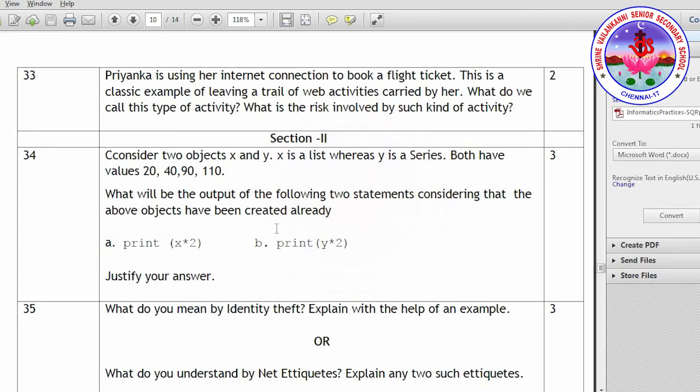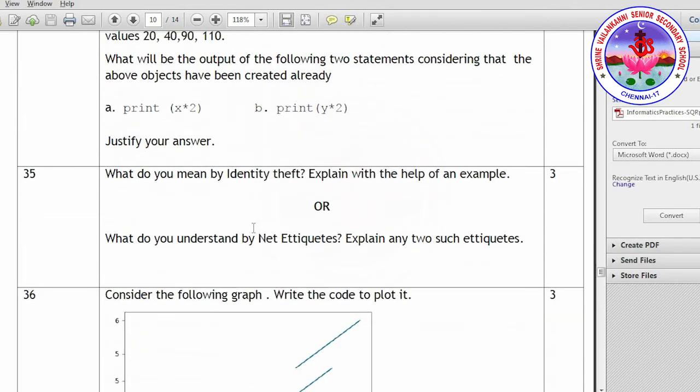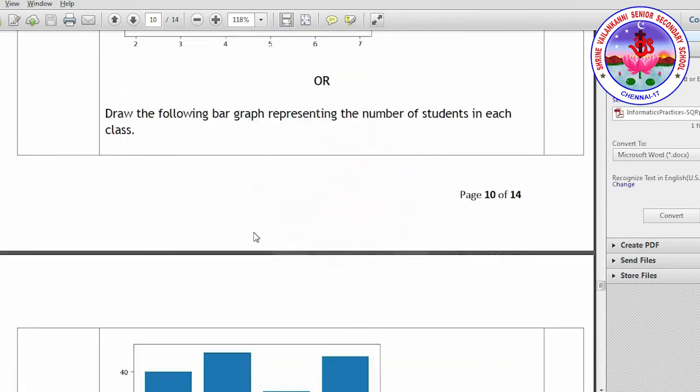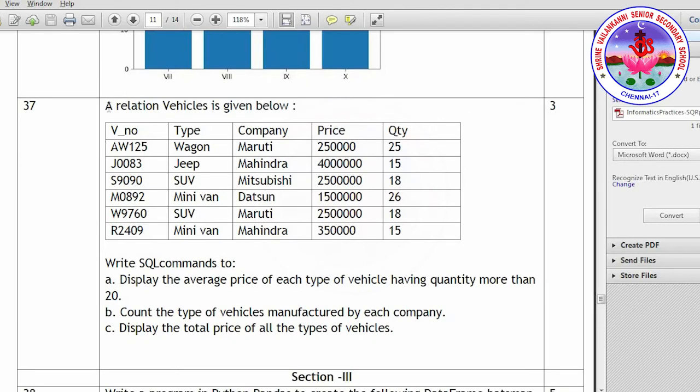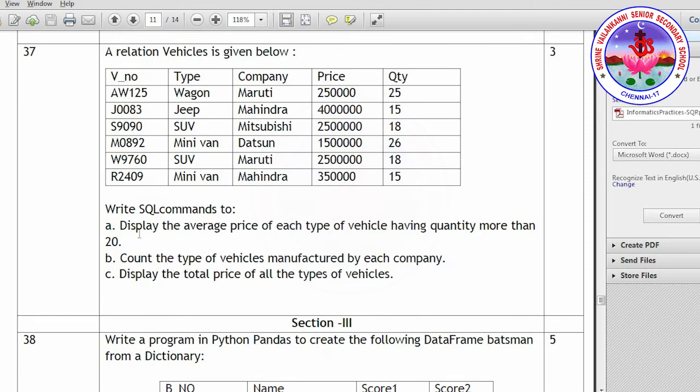So section 2 under part B, we are going to see section 2. So here we have the questions. So this is the given table. So a relation vehicle. So vehicle is the table name with the vehicle number, type, company, price and then quantity. So first thing we are going to display the average price of each type.